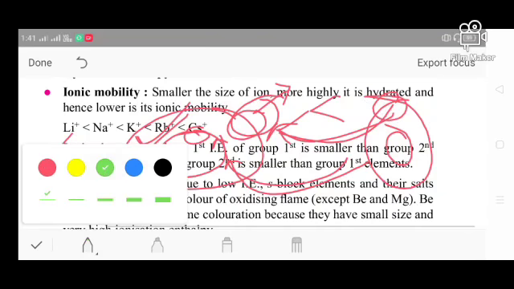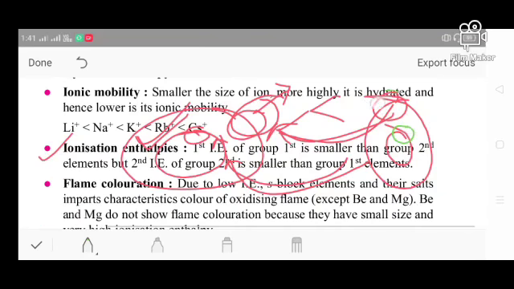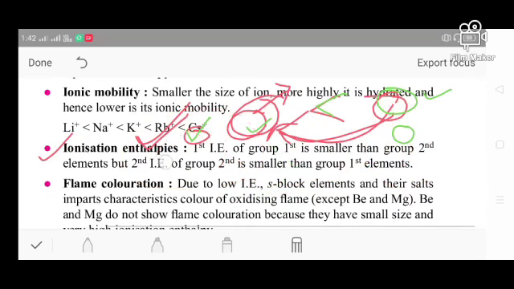If you think that this is another electron, the first ionization energy of this one is lesser than the ionization energy of the second. And again it is saying that the second ionization energy of the group 1 element is higher, greater than the second ionization energy of group 2. So this is a general idea about the ionization enthalpy. I hope you will understand it.